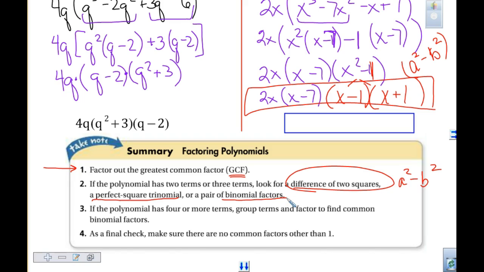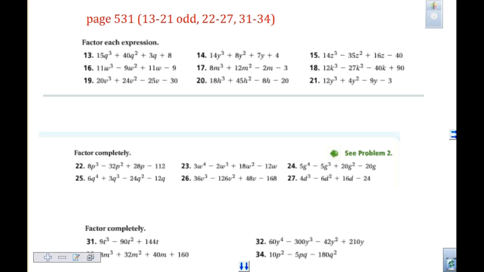For the final check, make sure there are no common factors other than 1. No common factors other than 1. And this one, some people go, oh, there's only 1 as the common factor, but it can be split, so you just got to watch for that, okay? So, tonight as you are looking